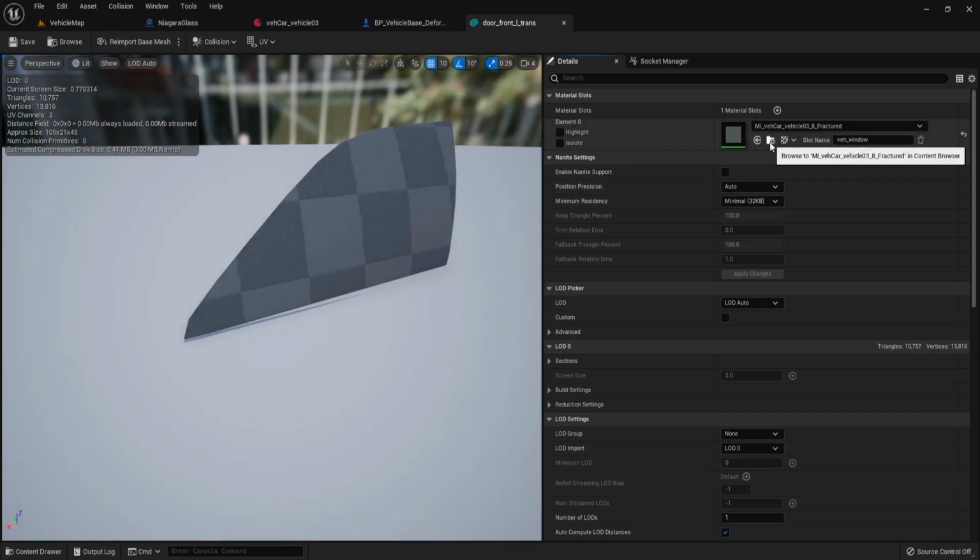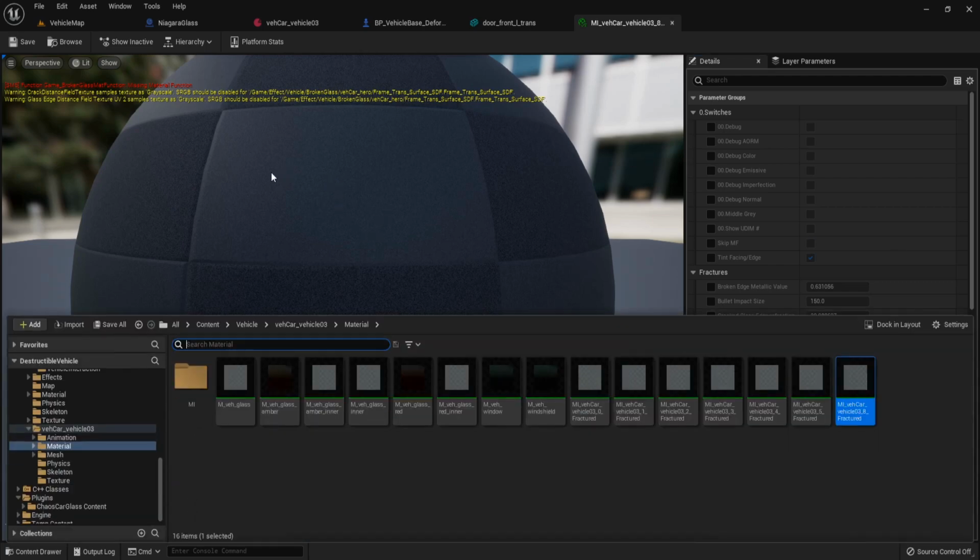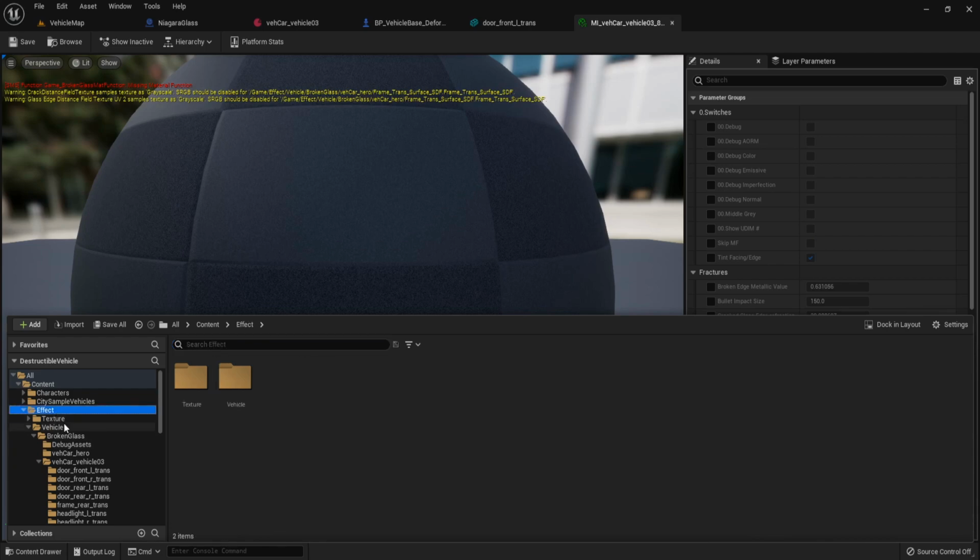We have to find the parent material of this, and we have this error from the function game broken glass material function. And we can find this material function in the effect and vehicle.